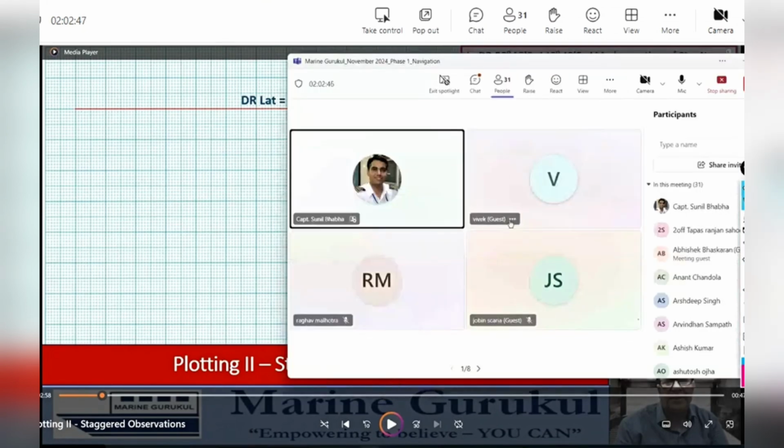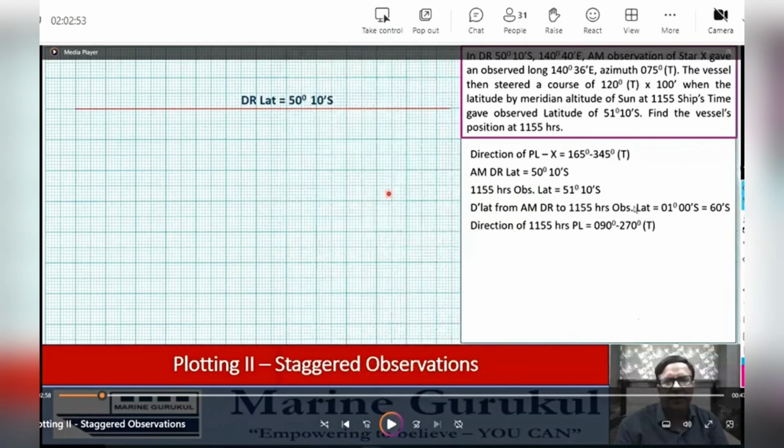Sir, this 100 miles is not mentioned on what time was taken, right? Say again, beta. This initial AM sight time is not mentioned, right? Yeah, time is not mentioned. We do not need that also because they have directly given us the distance steamed. Okay. So distance is 100 miles. So anyways, we don't have to use the